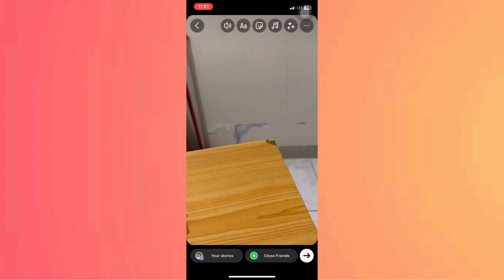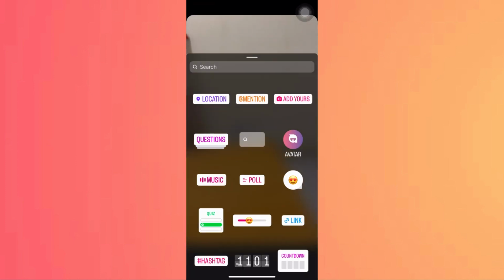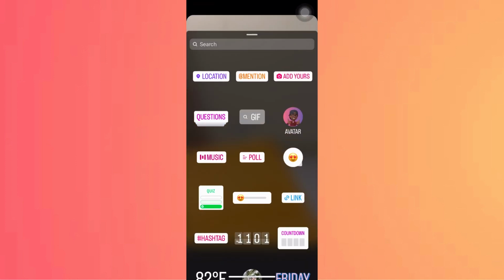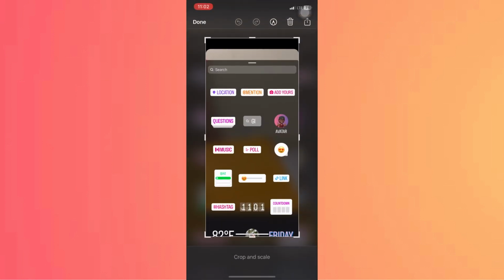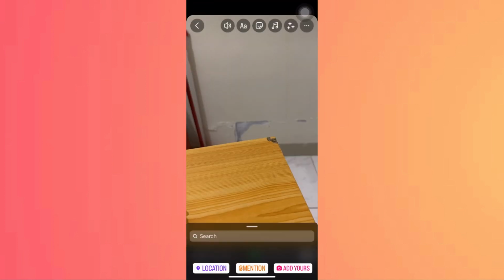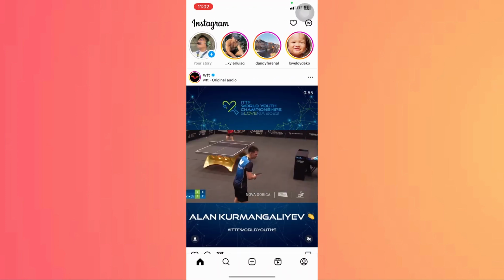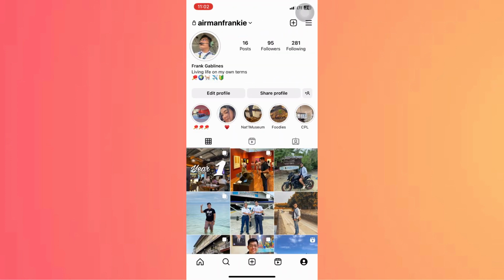But say for instance, if that music sticker is not there, let's just go back here. If you're not seeing a music sticker on here, what I recommend doing is the next step is taking a screenshot. So let's take a screenshot right here, and then what we are going to do is get out of here, go back to just the normal Instagram here, and you're gonna go to your profile, tap on the three bar on the upper right hand corner,